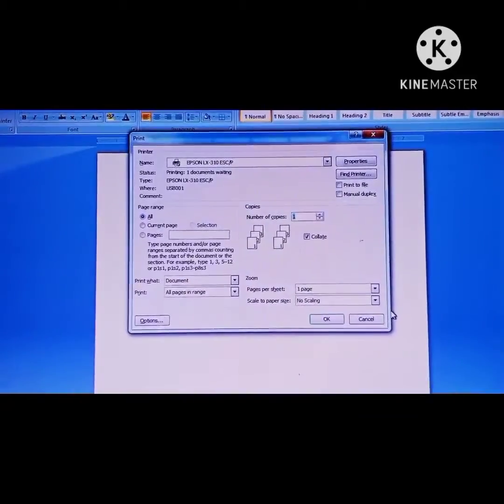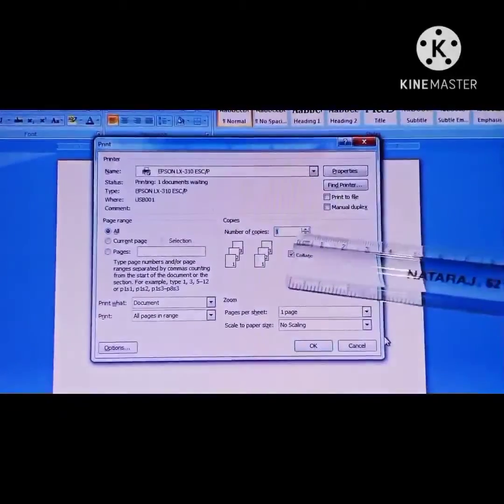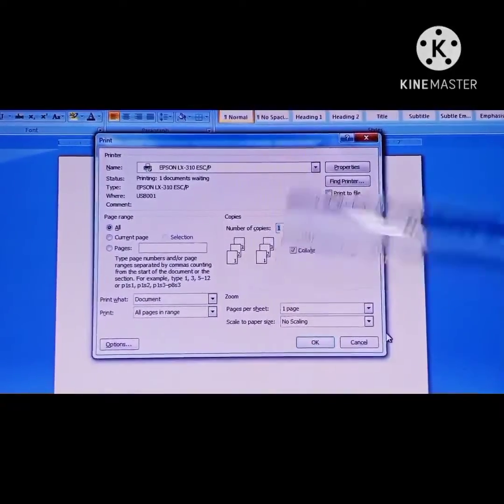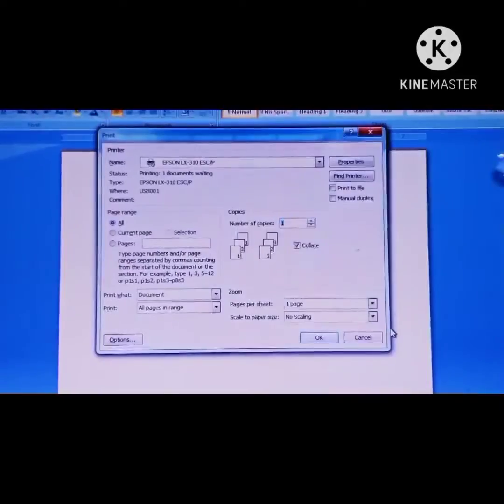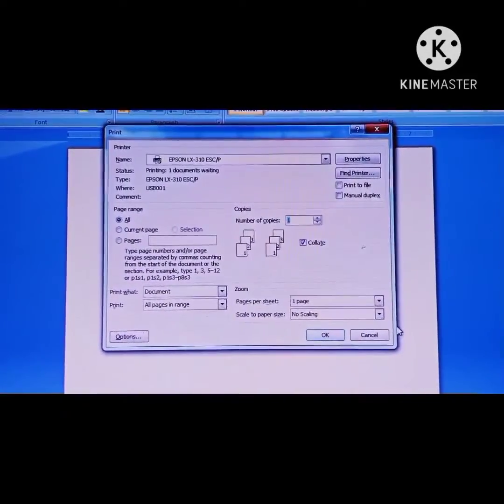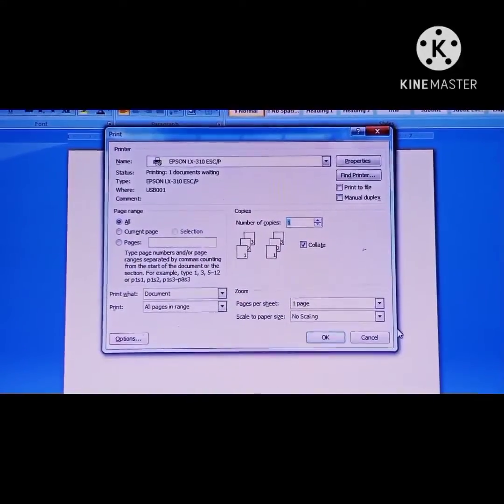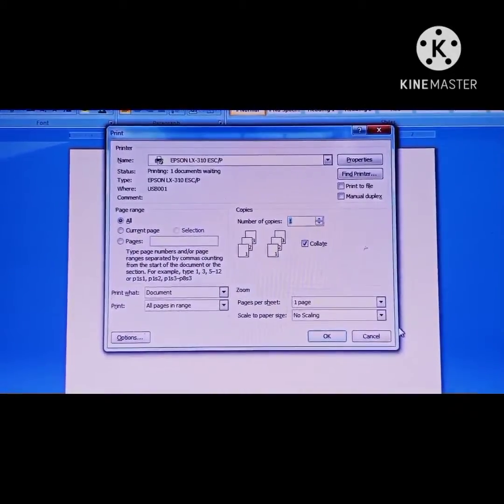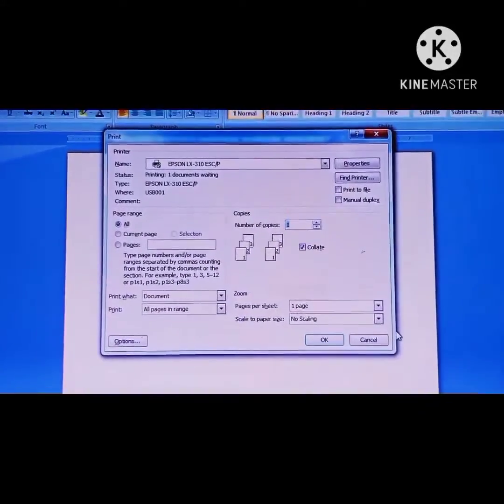Children, in the Print dialog box there are some options, such as number of copies, how many copies you want to print. Suppose there are 5 pages here and page number 4 is open here. That page 4 is your current page. You want to print the current page or all the 5 pages.